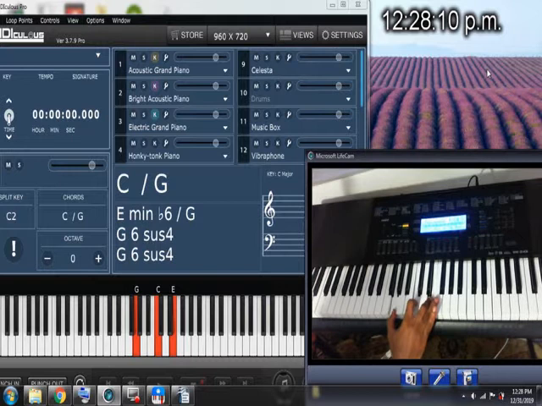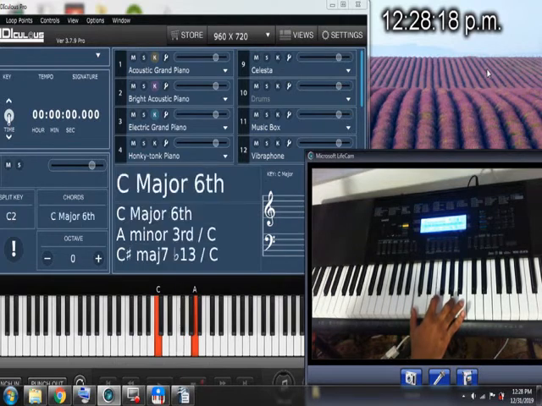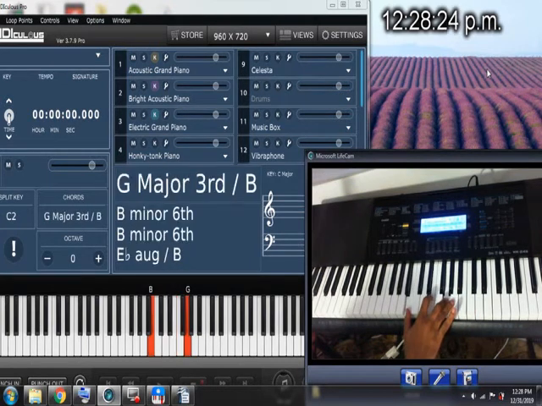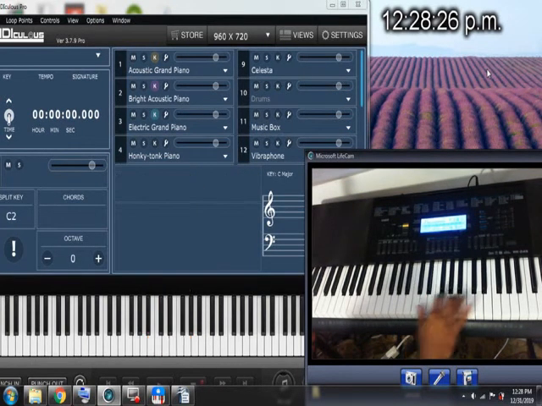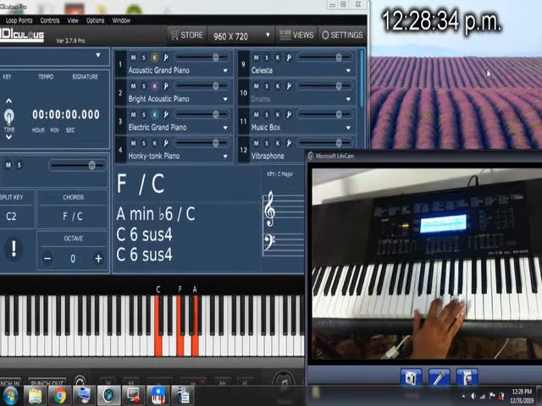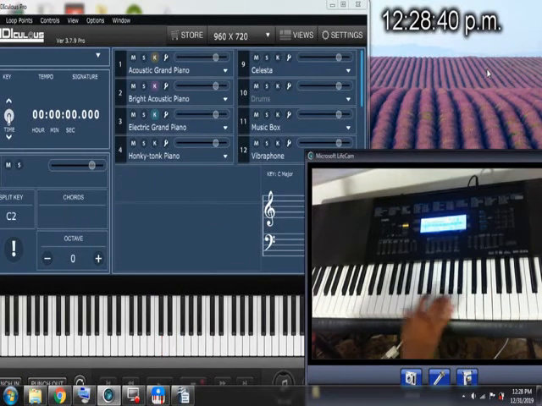So what to know about the second inversion is your root note is now in the middle. That's F major, G major, E minor, A minor, F major, G major,